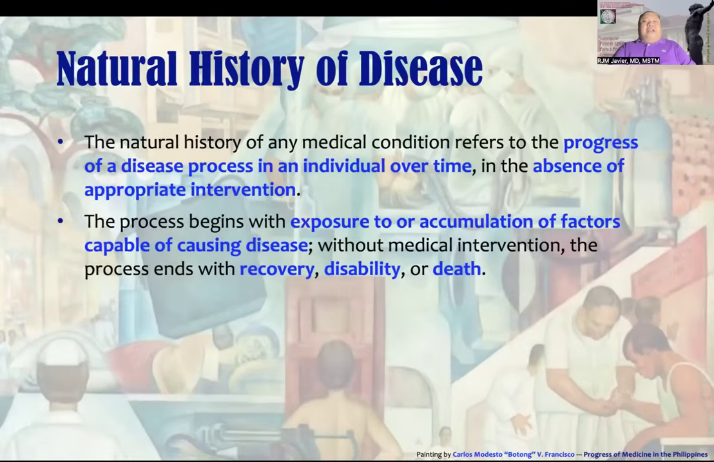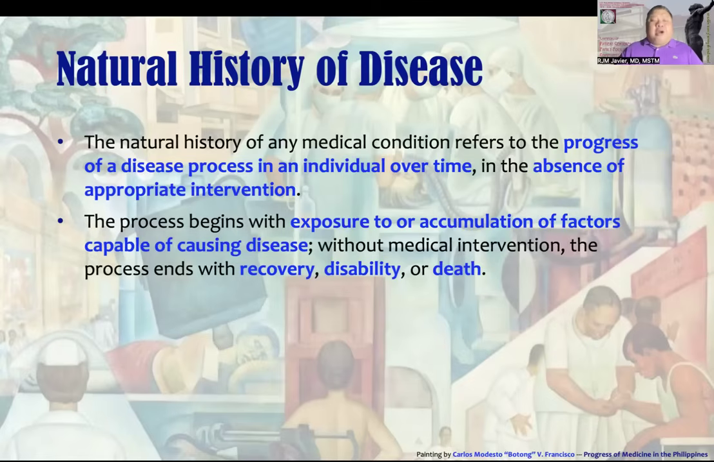So we now go to the natural history of disease. The natural history of any medical condition refers to the progress of a disease process in an individual over time in the absence of appropriate intervention. Meaning to say, if you do not give the needed drug of choice, or you deliberately withhold the giving of needed therapy, then this is the time that the natural history of the disease will eventually